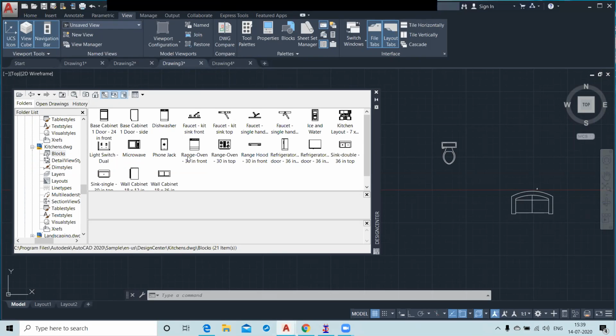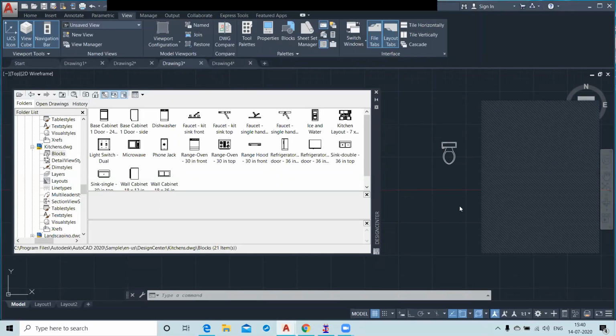Okay, sir. Why are we dependent on these objects? Sir, all objects are not here. So what can I do? So you can create them, as I told you earlier. That's why I told you how to create your own objects.